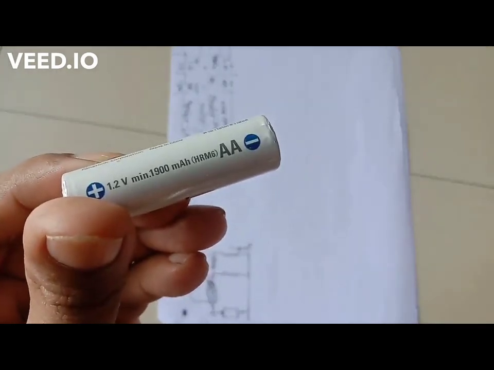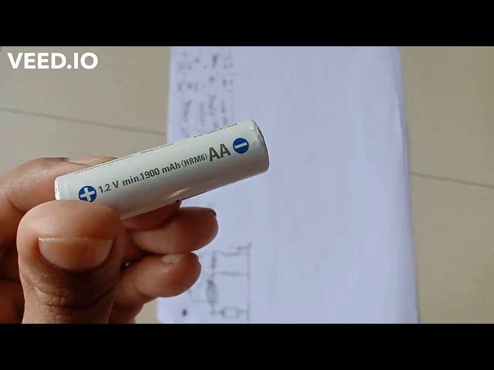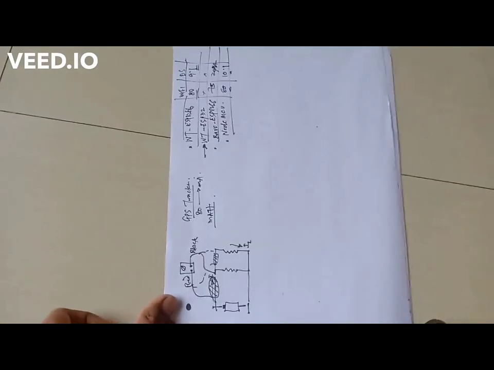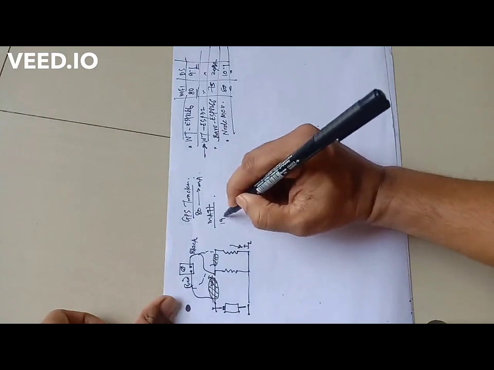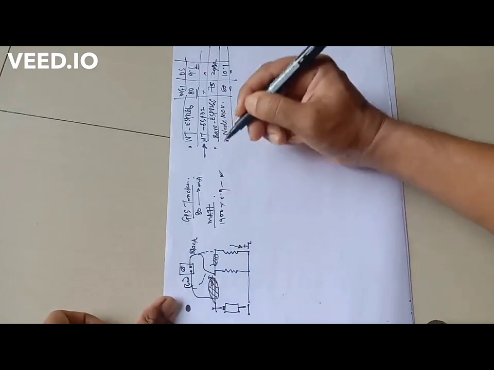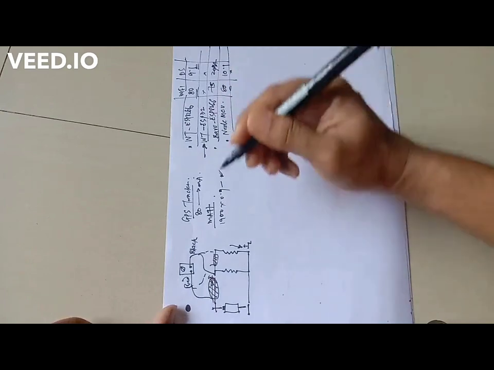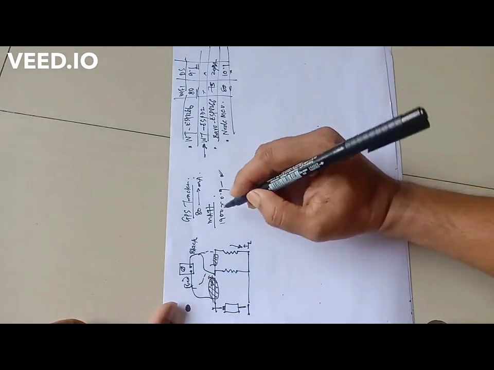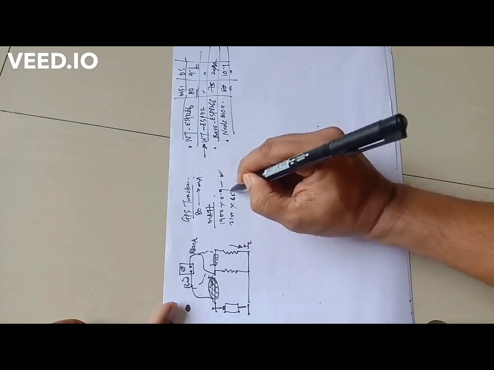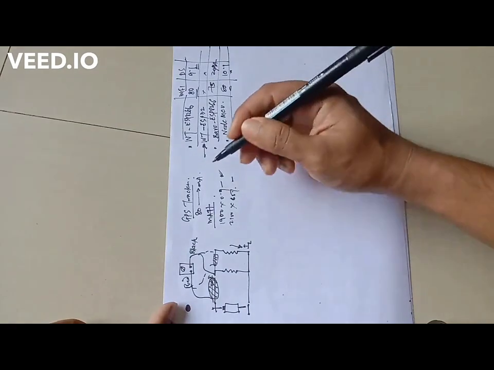Say you have something like this, where it says minimum 1900. In that kind of case you can consider up to 90% of it, so if it is 1900, you can take 90% of it as what will work. And if you do not have a minimum capacity of the battery given, it's better to just take 65% of it for calculation purposes.